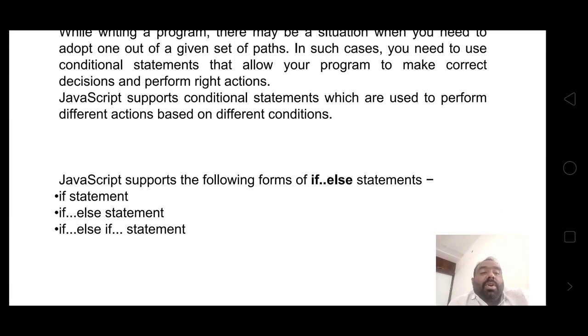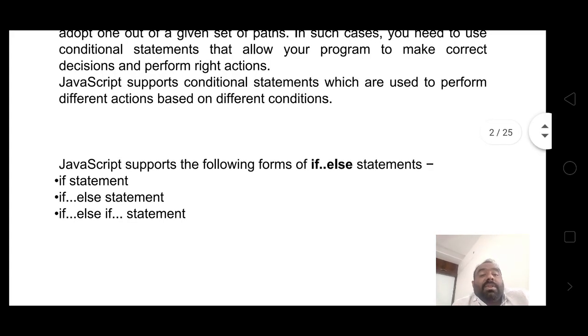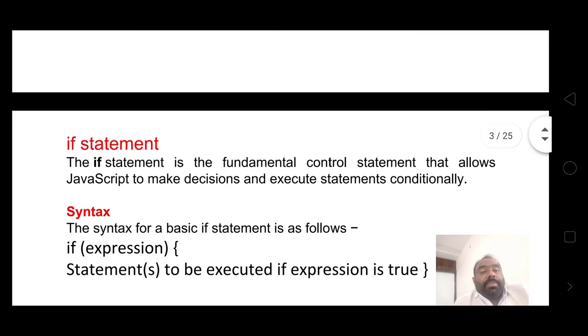JavaScript supports the following forms of if-else statements. These are: first, the if statement; the if-else statement; and the if-else if statement.